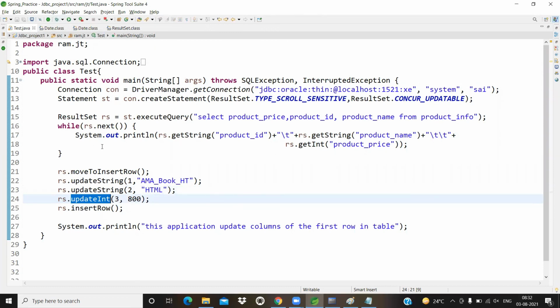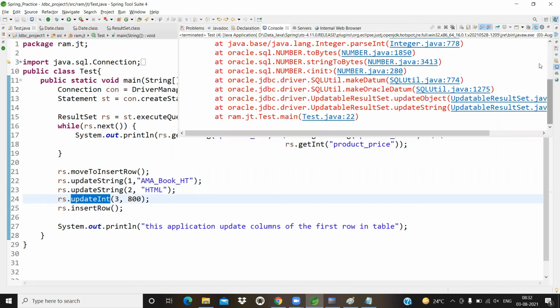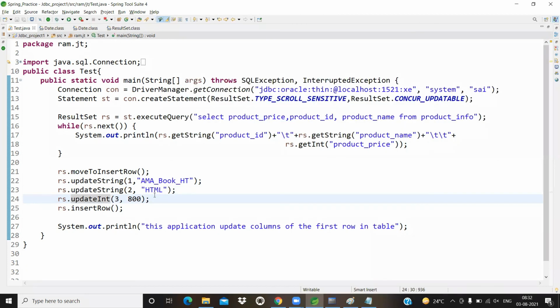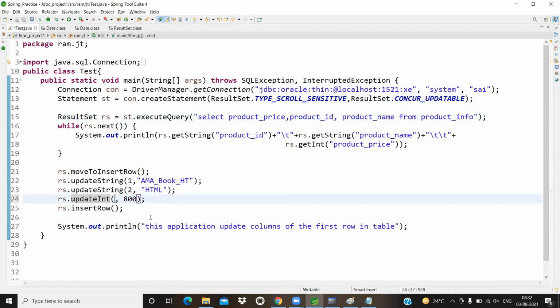You got an exception. Why? Whenever we do update, insert, delete, you have to concentrate on your query. Product price I mentioned, so product price becomes the first column, product name becomes the third column, and product id becomes the second column.